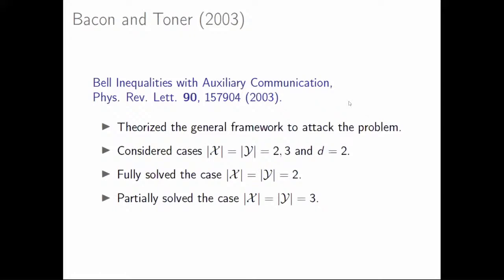The first idea on these type 2 problems was again in a paper by the same authors, Bacon and Toner, in 2003. And what they did is that they came up with this concept, Bell inequalities with auxiliary communication. They came up with this idea that if we allow a limited amount of communication